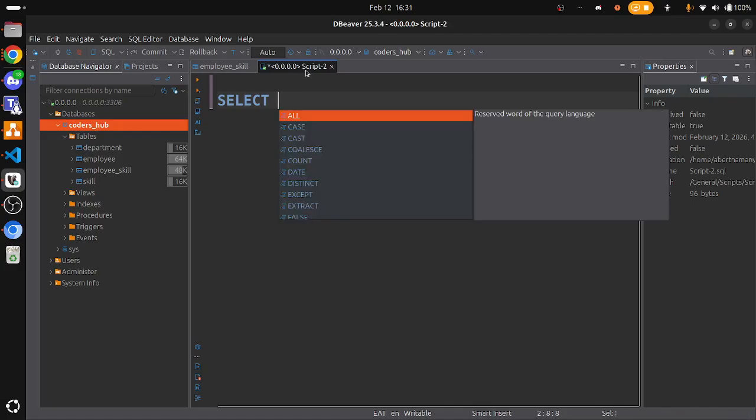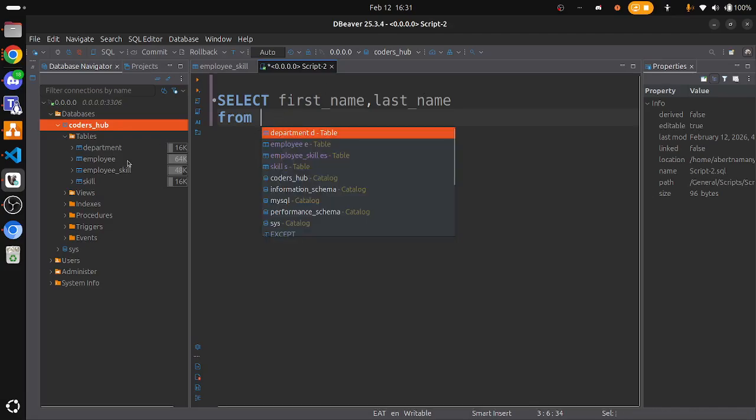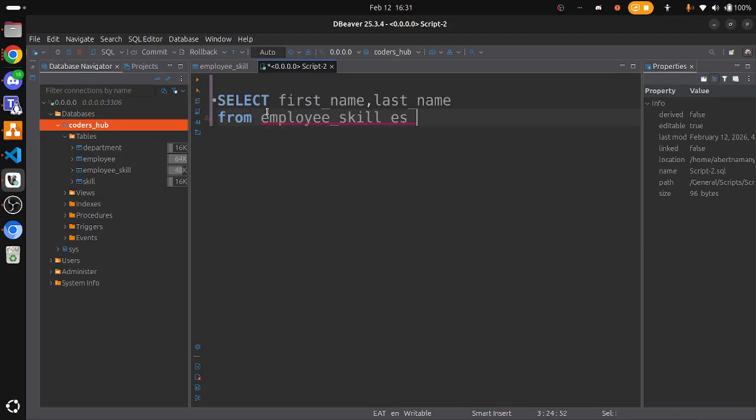So select, we want to see the first name of the employee, last name, from, based on the employee skill. We want to see which employee has got all those skills. So we are selecting on the employee skill, then areas that we shall have a look at. I just want us to have a look at left join